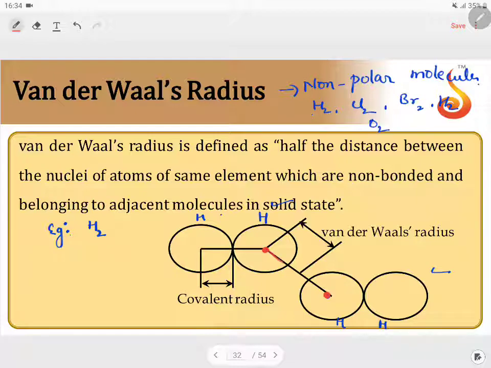I'll find out the distance between these two. Therefore, the distance between these two H2 molecules, H2 and H2, will be equal to the van der Waals radius of H2 plus the van der Waals radius of H2. Therefore, the radius of H2 will be equal to